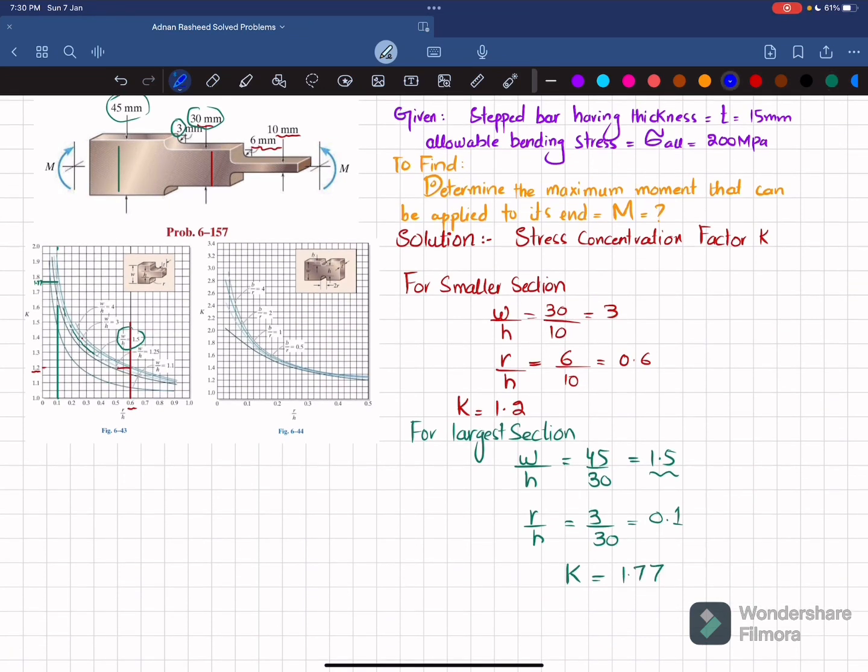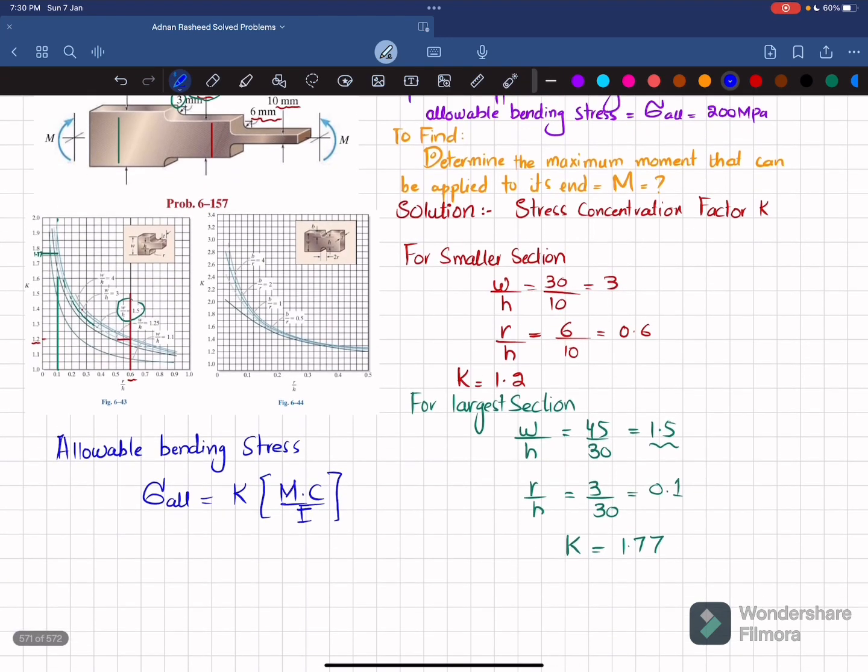Now we will find the allowable bending stress. We have been given the allowable bending stress. So from here, we will calculate the moment. We know that allowable bending stress is equal to K times M into C divided by I. Clear? So for the smaller section,